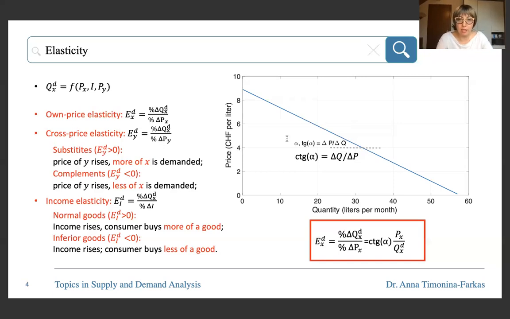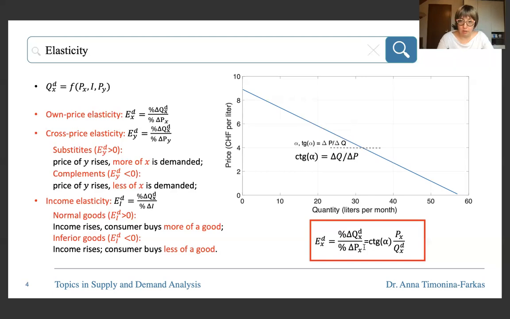Before we go to the next slide, first of all, note that the own price elasticity can be rewritten in the following form. Because the percentage change in quantity can be written as the absolute change in quantity divided by the quantity. And percentage change in price can be written as the absolute change in price divided by price. And that is why we can write this as a cotangent of this angle here, multiplied by price itself and divided by the quantity. As soon as the cotangent of this linear function doesn't depend on the point where it is computed,